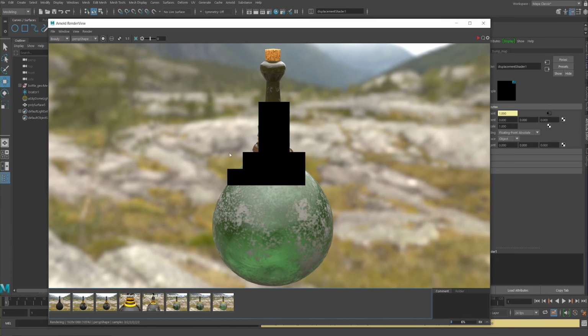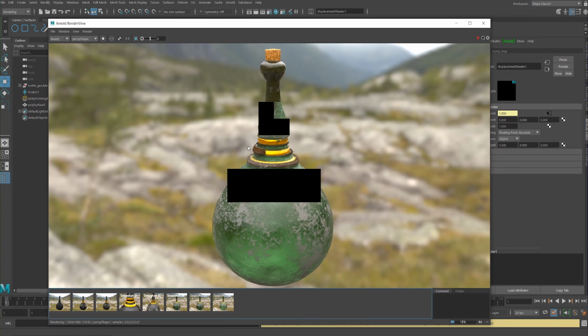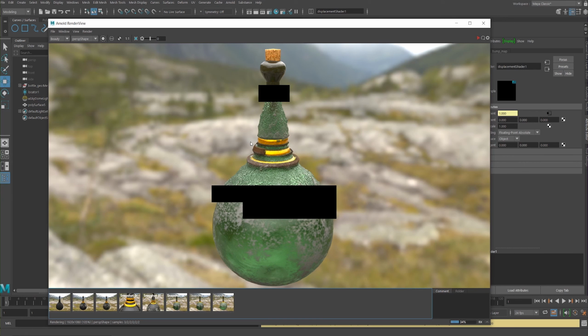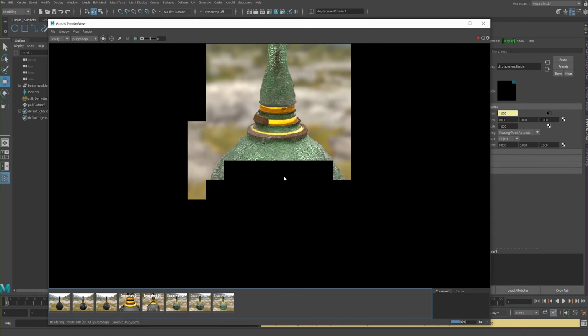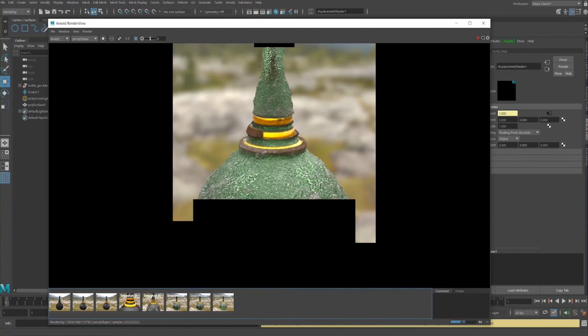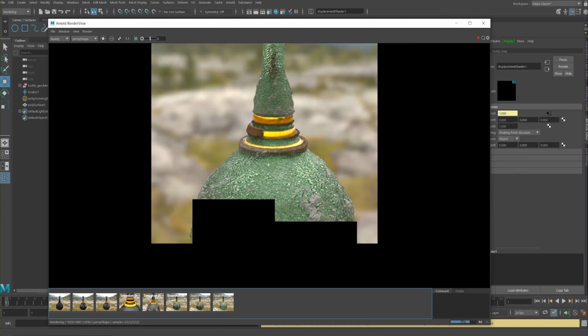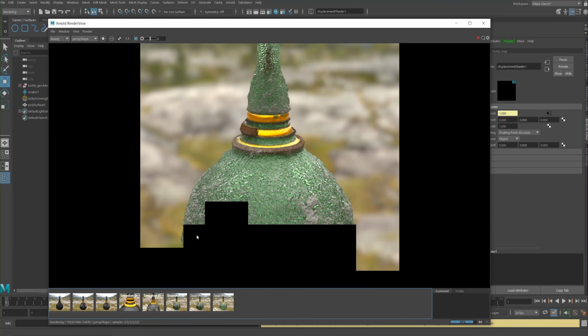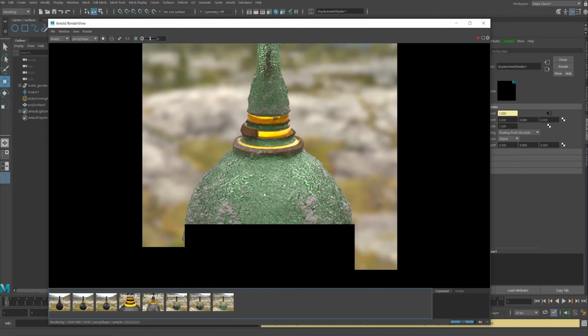I think this is going to go a bit crazy. Yeah, already you can see, so there's a fair amount of information in the bump map, because when we were painting in Mari we were faintly doing it, and so we've got some of that information in the bump map, but it means when it comes to displacement,